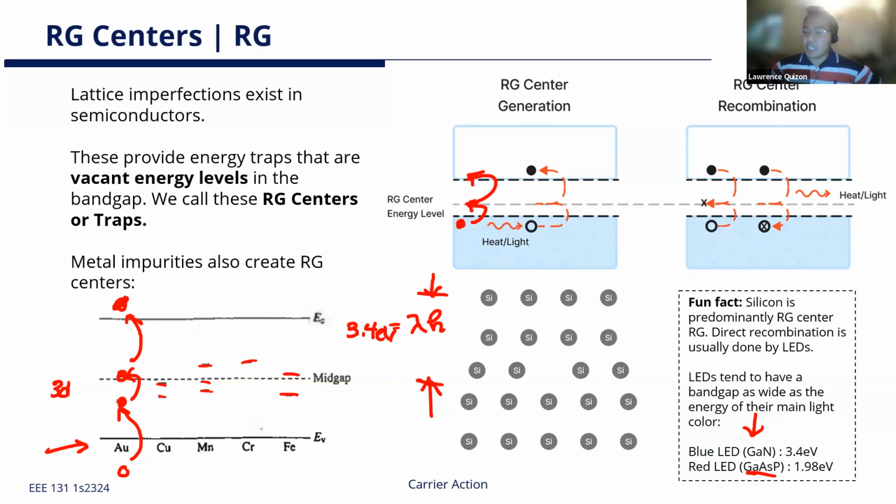Now, an interesting bit of trivia about this is that the first LEDs were infrared LEDs, no? So that's just gallium arsenide at around 1.8 electron volts. So the wavelength was too long to actually be called red, no? It was invisible light at the time. It was infrared only. So you can imagine they probably had a hard time convincing people that their diodes were actually light-emitting diodes, because you can't see the light, no? It's infrared light, right? Which I guess was probably kind of funny, trying to convince people that it's an LED. Anyway,